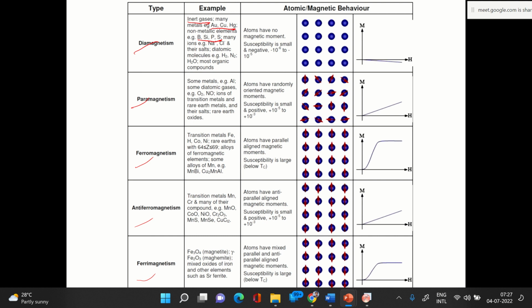And then NaCl or H2, N2, H2O, most organic compounds. So all of them show diamagnetic properties. In these, none of the atoms has a magnetic moment present. They have no magnetic moment, and because of that,